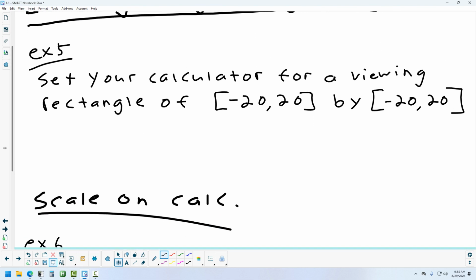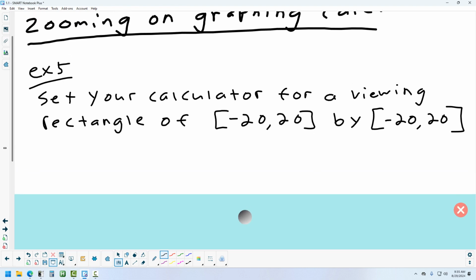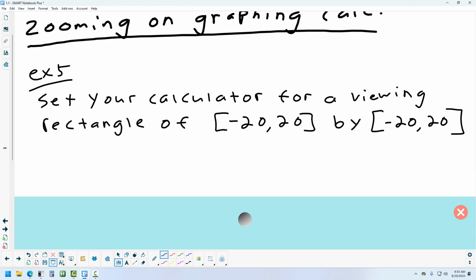We kind of already did that. I guess we can practice it one more time. When they give you 4 numbers and they say to set your calculator to that viewing rectangle, these are the x's, min, max, and the second two are always the y's, min,